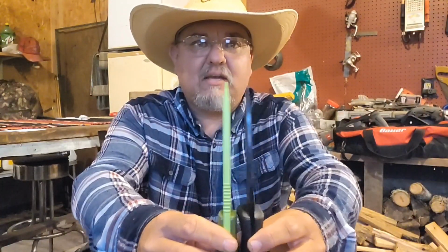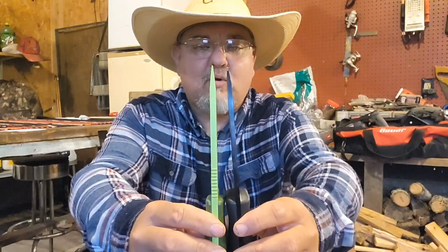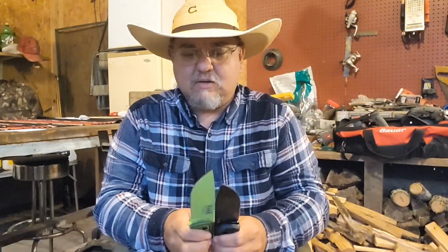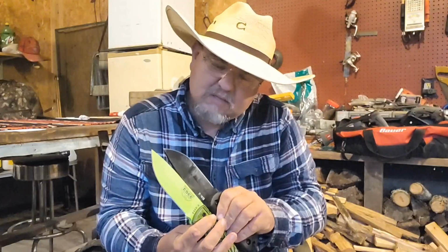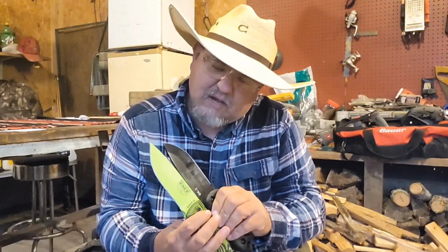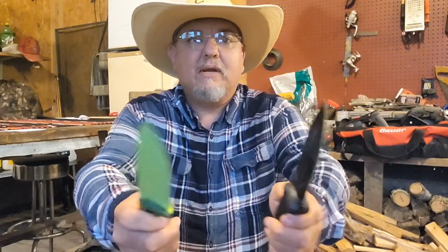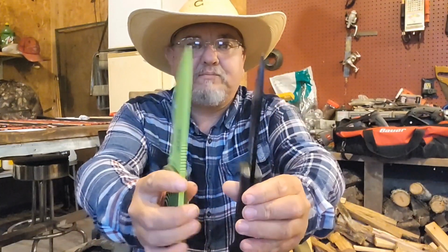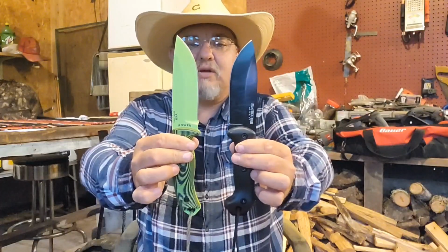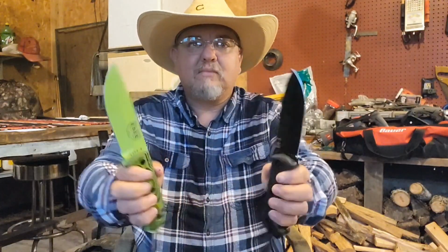It's not the thick 1/4 inch stock. It's close, but not. So it's off. I don't know, it's definitely off 1/16 of an inch or so. But anyway, that's what you got. They're pretty close as far as the knives go, you know. But anyway,